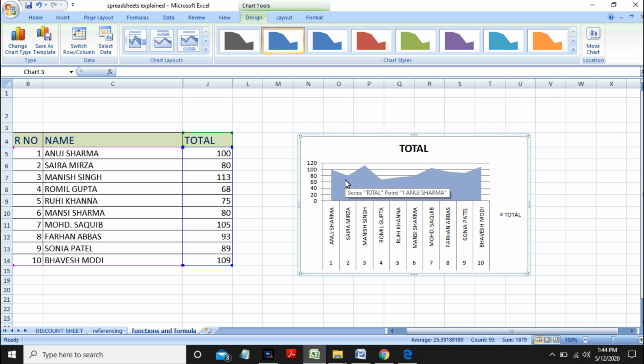It is generally done to compare sales in different organizations, right? Companies that have commercial values, all right, there to calculate the quarterly sales and all, how much the sales have risen or fallen. There you use the area chart. So that would be all from me in this video. I hope you can now go ahead and plot all the charts that are given at the back of your